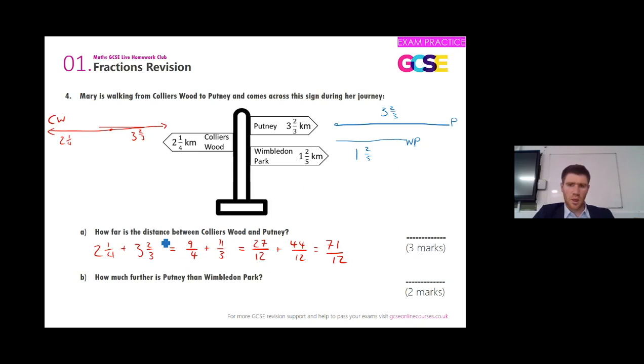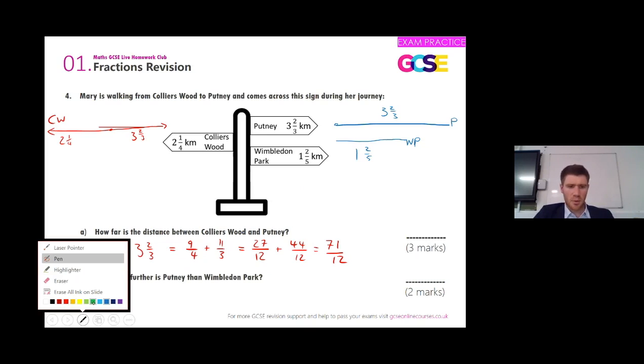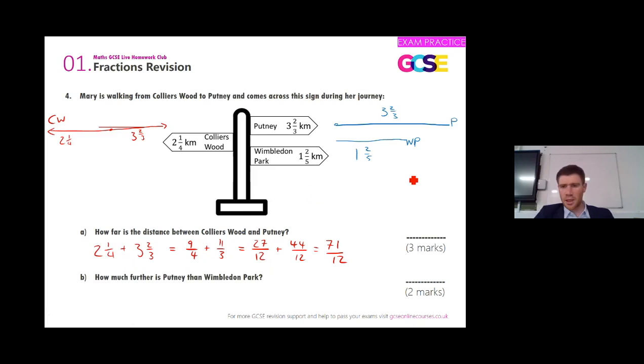Well, all we need to do here is work out that distance, work out that gap that we're looking for. And that gap is here to here. Difference is a subtraction. Okay, so now we're going back to using our red pen. 3 2/3 subtracted by 1 2/5. That's what we're looking to do in this question. Okay, we're going to be converting them. So we're going to have